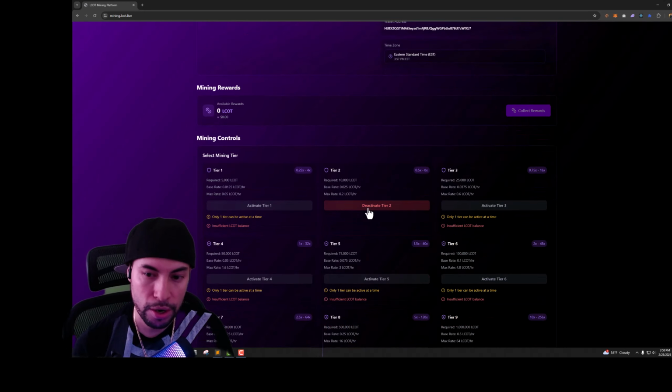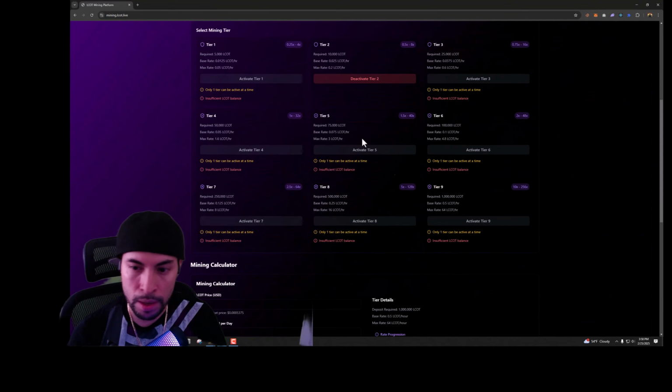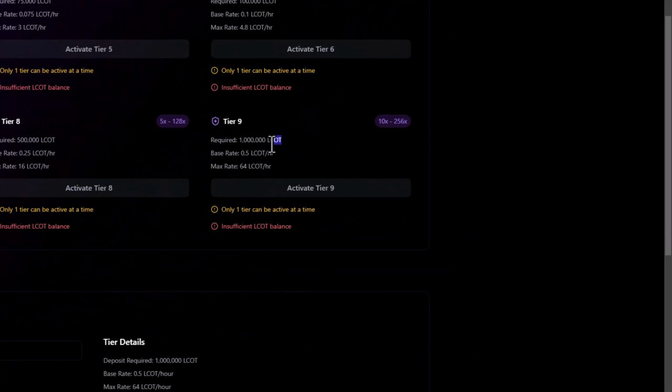your tier, you see how it says base rate? The base rate is going to double. So it's going to double and double and double until it reaches a maximum amount that it will double to. So let's just say you were on this tier 9, which is the highest tier. It requires 1 million LCOT for you to be a part of that, but it allows you to double your mining tier, your rate, every single 10 days that passes, as long as you do not deactivate your tier, that